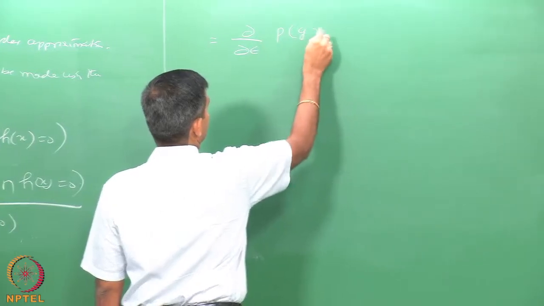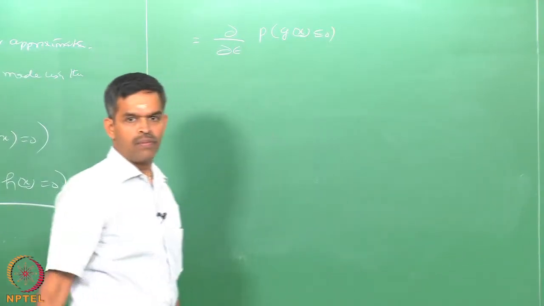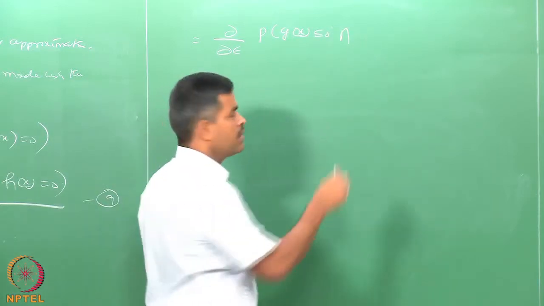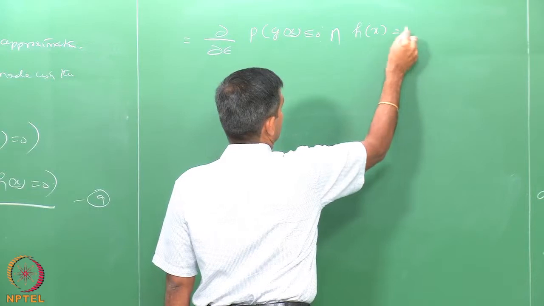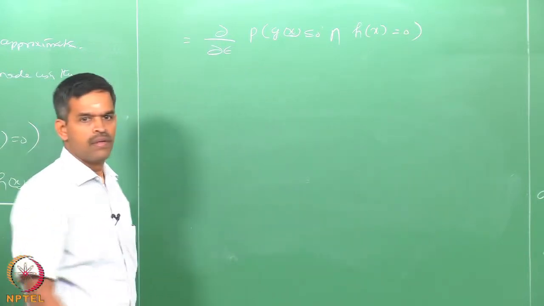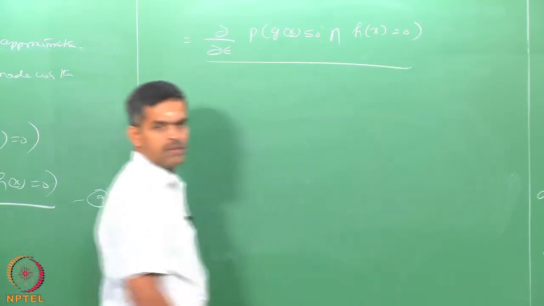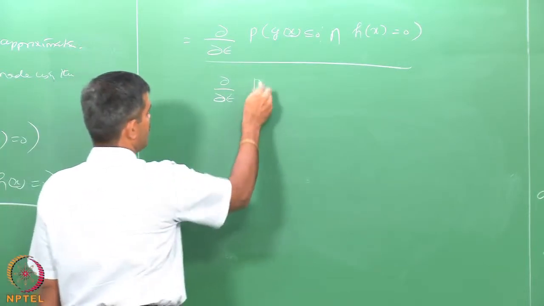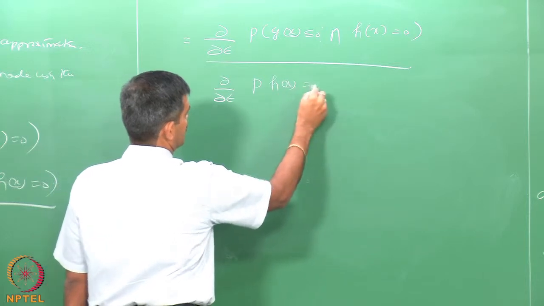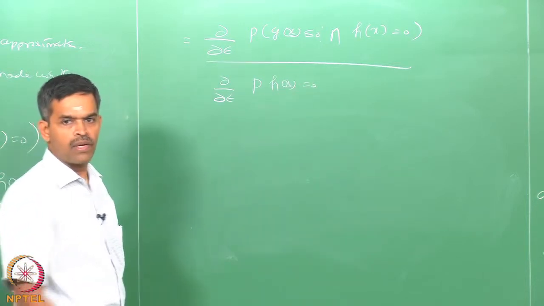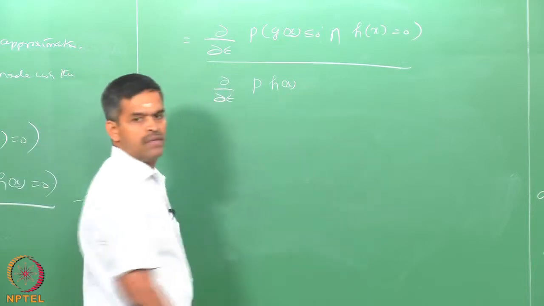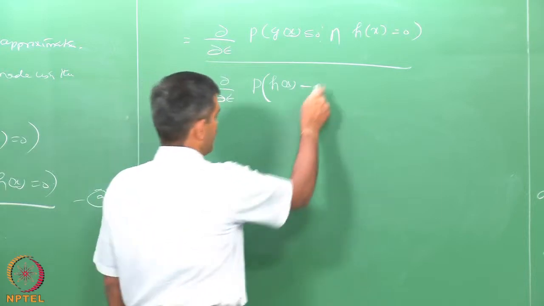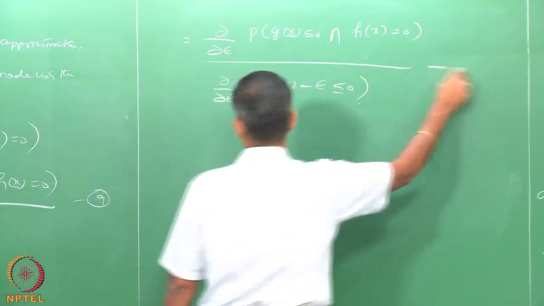which can be further extended as probability of g of x less than 0 intersection h of x equals 0, divided by the probability of h of x minus epsilon, equation number 10,